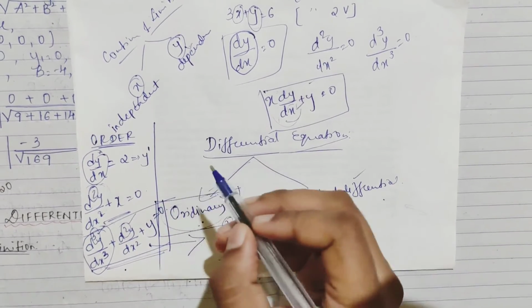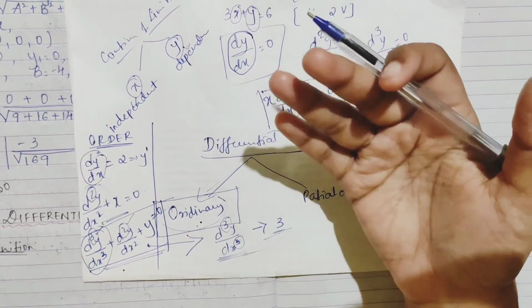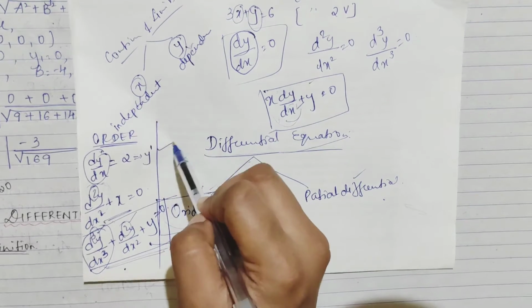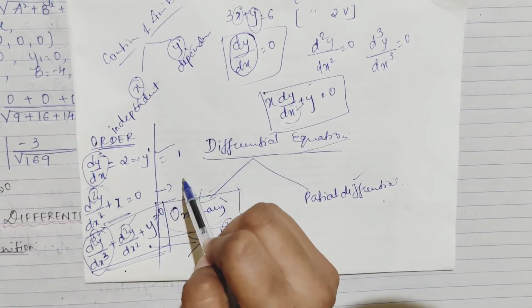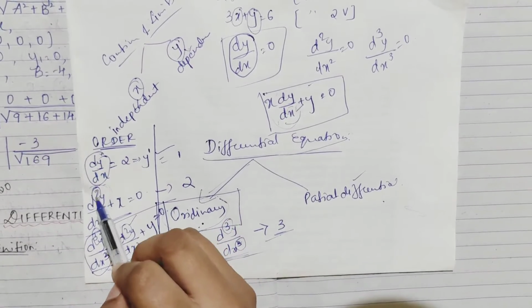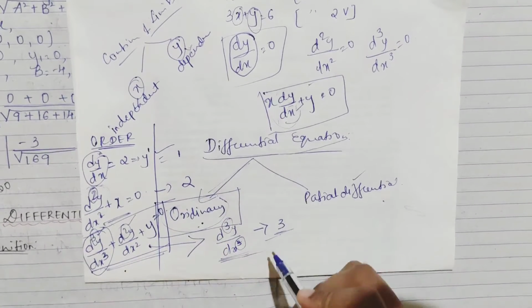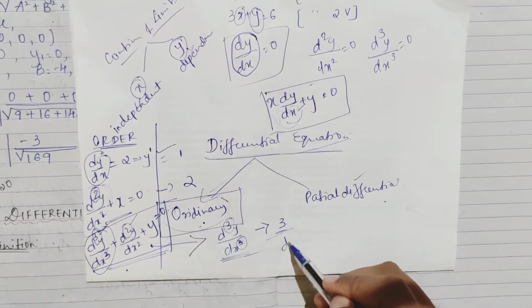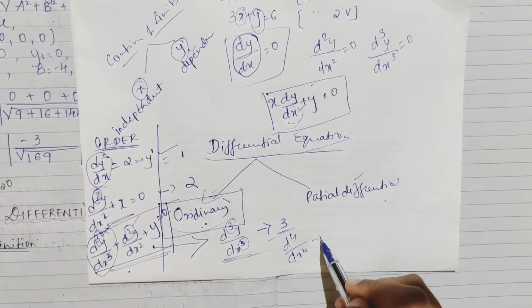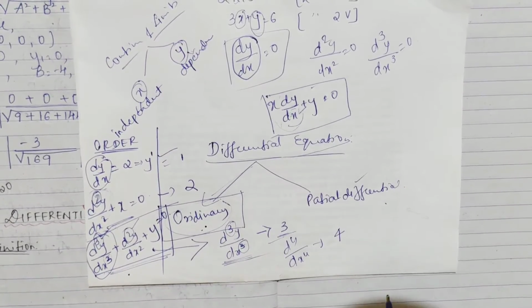What is degree? Degree means what here? Highest derivative, like your first derivative. See, first order. Here why do we call it first order? Because only one, right? dy by dx. This we call second order. So order is 2. Why? It is d2y by dx square. Here we call third order. Why? The highest order is d cube, 3. If it was d4y by dx raised to 4, it would be fourth order. So order is 4.